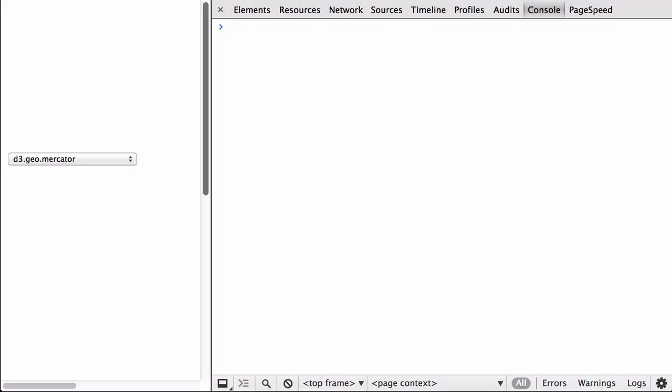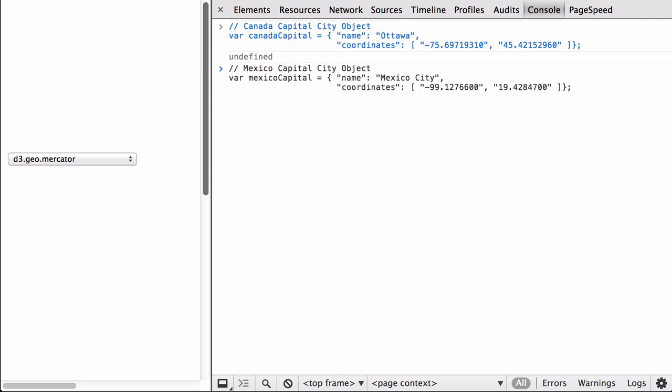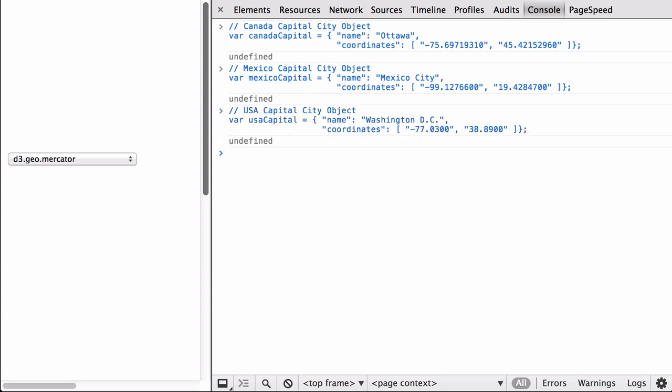This webpage has the D3 library imported from the D3.js.org website. We are in the JavaScript console. First, we define the Canadian capital city of Ottawa. Next, we define the Mexican capital city of Mexico City. Next, we define the American capital city of Washington, D.C. Now that we have our capital cities, let's first run them through the default GeoPath projection, the D3 Geo Albers